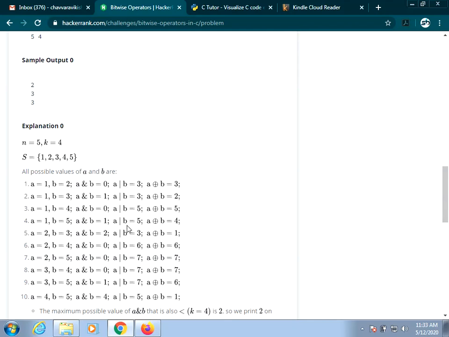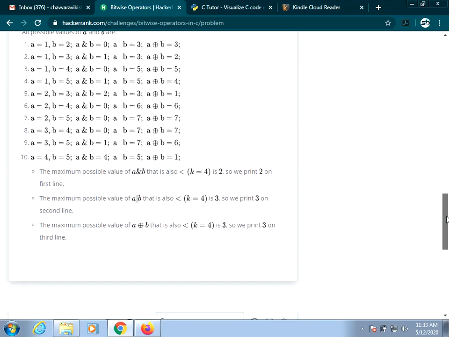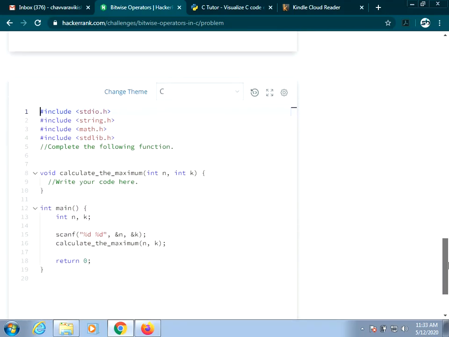In the similar manner, for the OR operation output, you will be getting the result as 3. That is the maximum value which is less than 4, it should not be greater than 4. And in the similar manner, for exclusive OR, the maximum value is also 3. We should be printing all these 3 values. So for this we have to write the code.